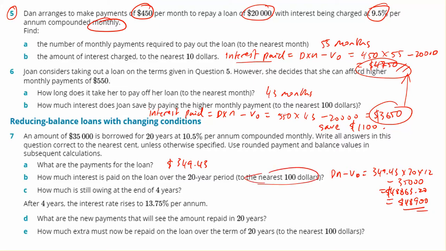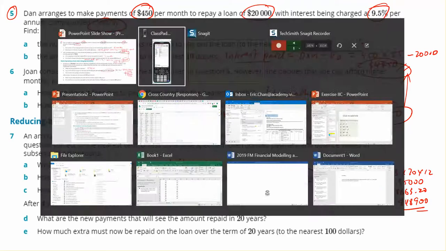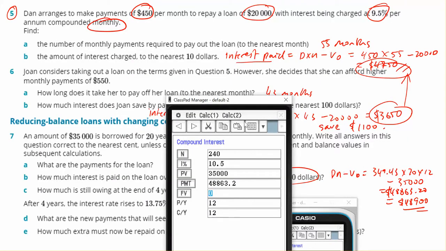So just do that. How much is owing at the end of 4 years? We're just taking a snapshot of the loan at the 4-year mark. The 4-year mark is n equals 4 times 12, so it's 4 times 12 months. We're just trying to take a snapshot. So my final value at that point is